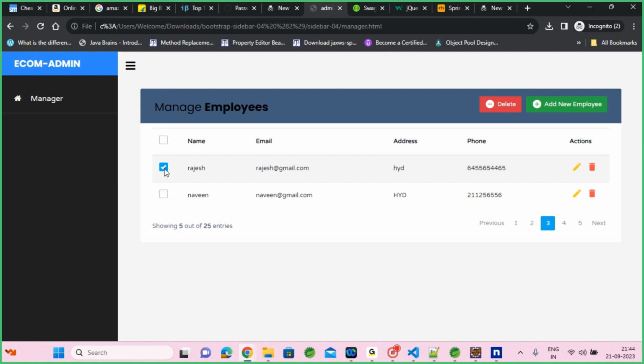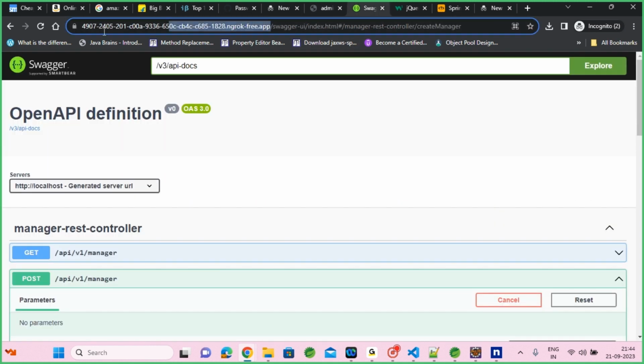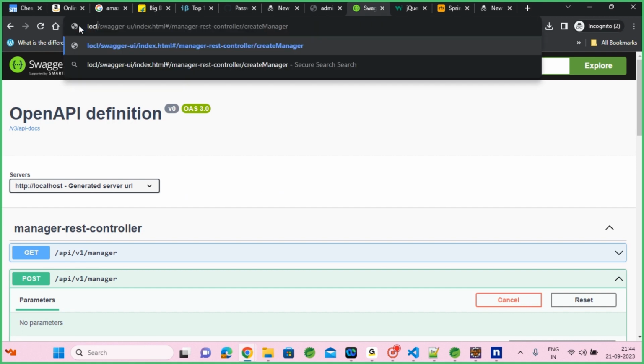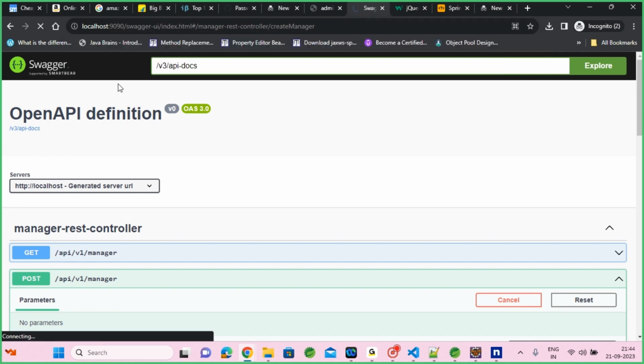Okay, based on number of records which you have, right? This will be generated. These records. So if I insert one more record here, no, from host 9090,